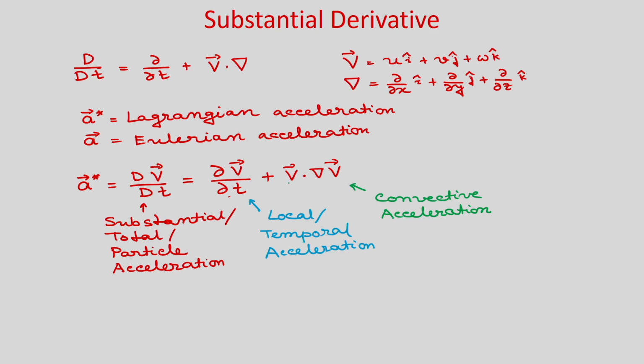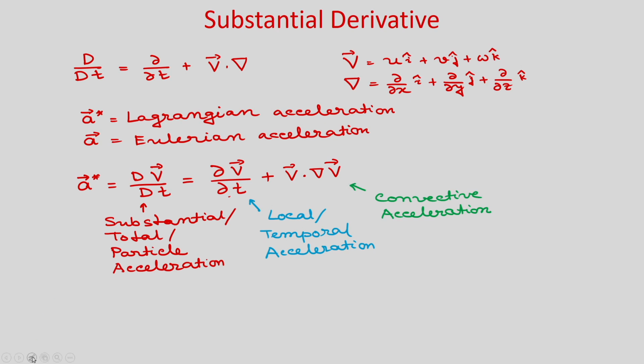So, you can see that if velocity is 0, then obviously this part will become 0. You can see it relates between this Lagrangian approach and the Eulerian approach. So, obviously you can see that if it is a steady flow, del v by del t is 0, right, because for a steady flow in Eulerian approach you can make it 0. However, this convective part is not 0. Okay. So, there will be a substantial acceleration if the flow is steady.